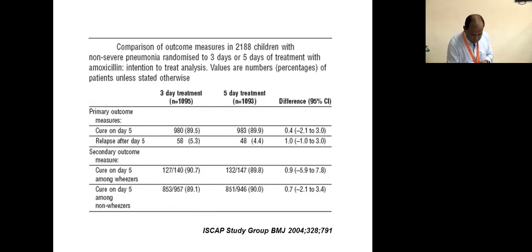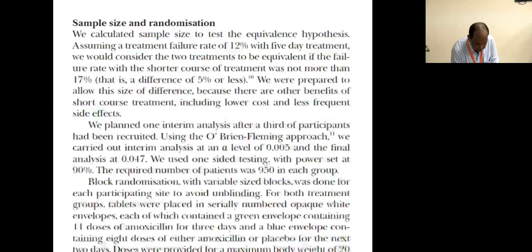But I showed you the slide which said the hypothesis was to be equivalent. See here. So the hypothesis was to be equal. So one is as good as the other. You should ask the question, did we have an equivalence margin? Did we have an equivalence margin? So we need to see all these things as we go ahead.